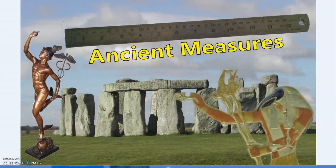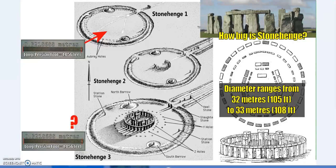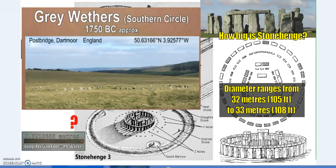The one on the long foot and harmony between various supposedly unconnected sets of ancient measures, and also to the list on 33, especially as a measurement and how it will apply to the ancient through to the modern world. So the long foot will talk 1.056 feet, or the Persian foot, and there was some interesting recent